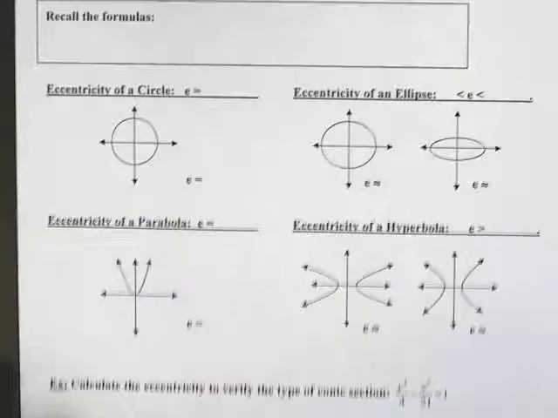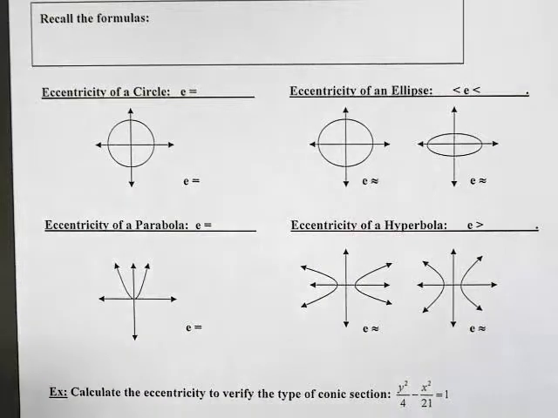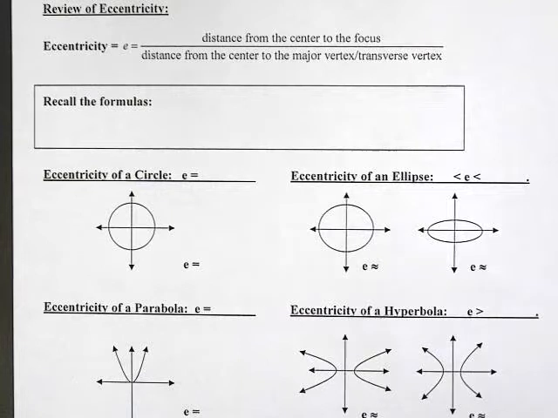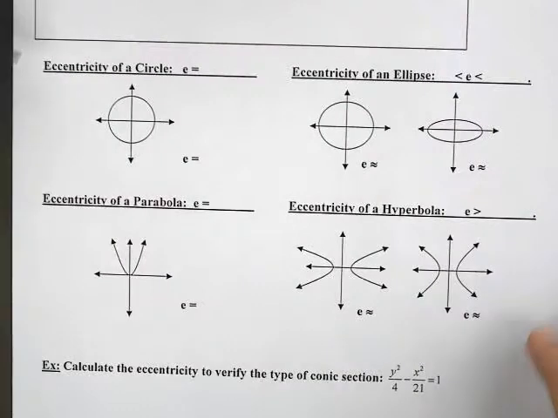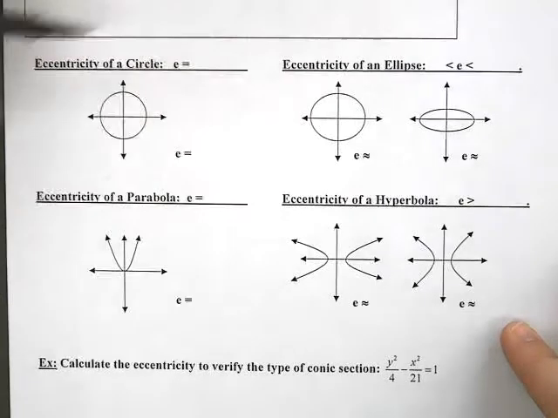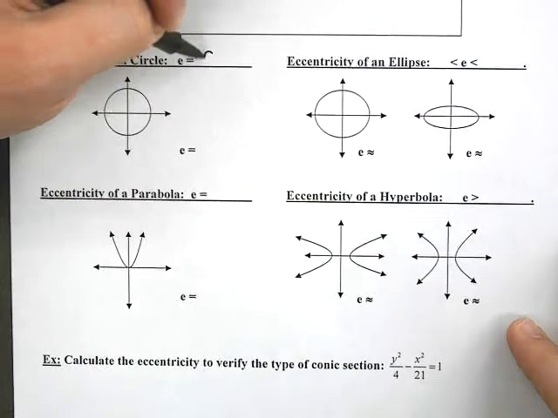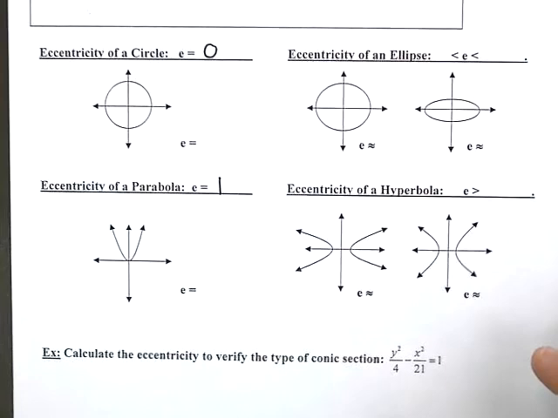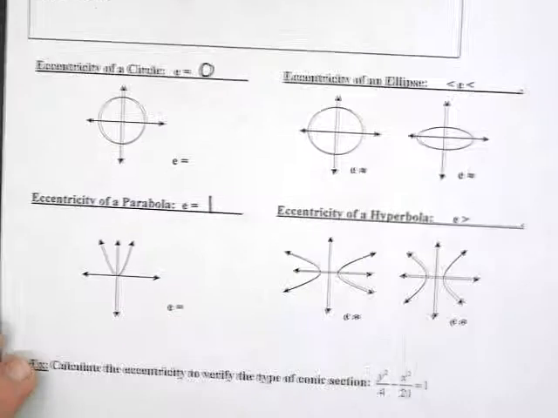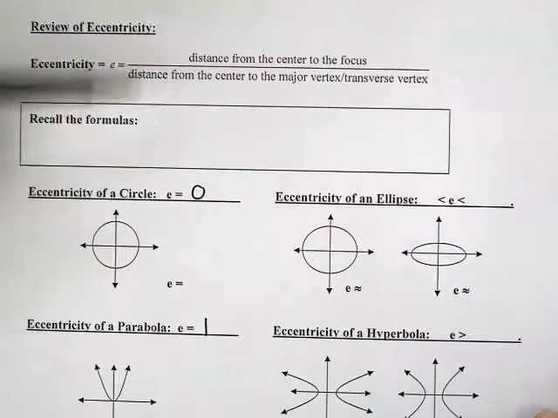Eccentricity is really just a way for us to classify these conic sections. Okay, we have some ideas, and we know, I'm going to skip a little bit. The eccentricity of a circle always has to be 0, and the eccentricity of a parabola always has to be 1. And that kind of comes from the fact that, well, for a circle, distance from the center